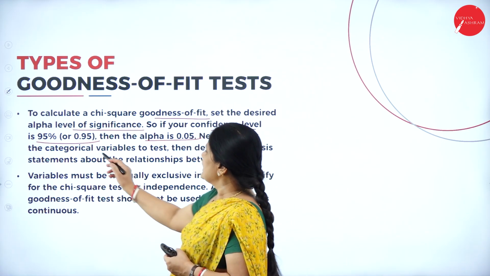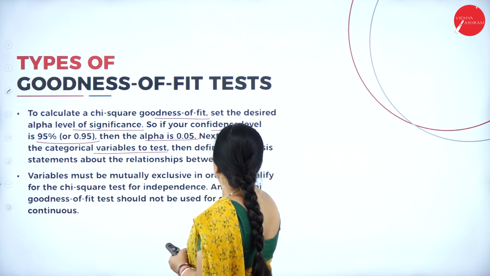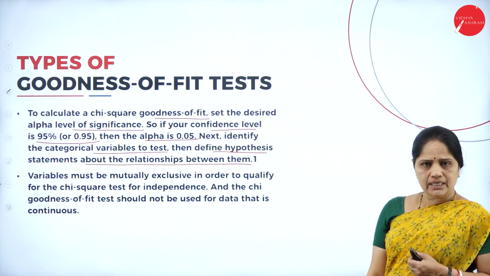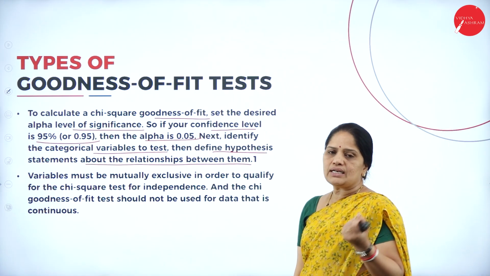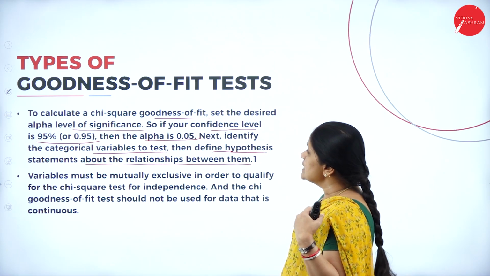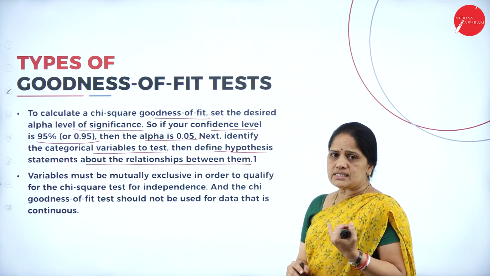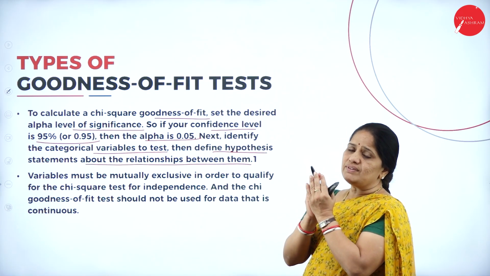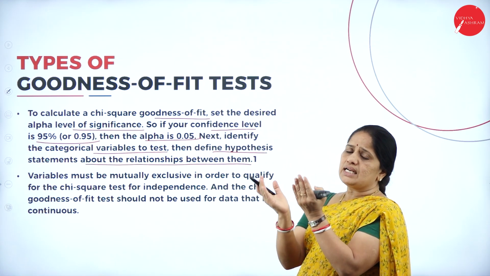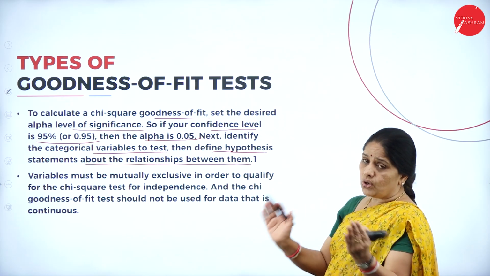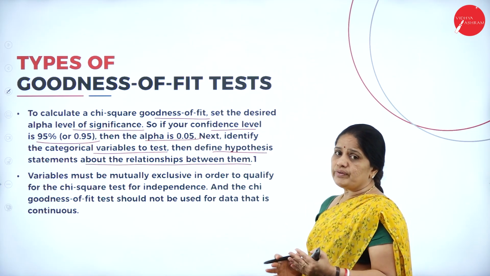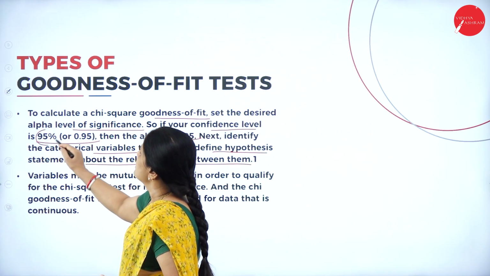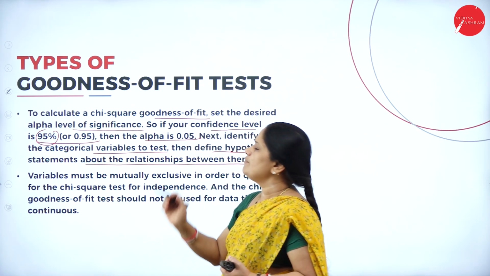Next, identify the categorical variables to test, then define the hypothesis statements about the relationship between them. So, in order to calculate the chi-square test, the first thing is we have to have the confidence level. If the confidence level is 95%, that is, if the researcher is 95% sure that there is a relationship between the two variables, or there is no relationship between the given two variables, then the alpha level will be